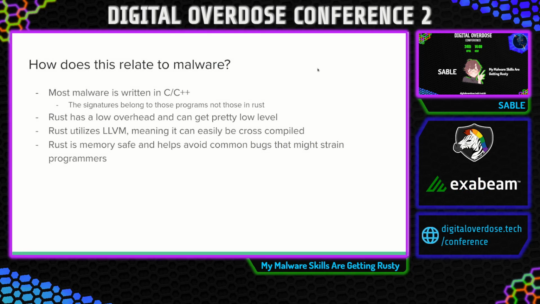How can this actually relate to malware? Well, that's a good question. Currently, most malware is being written in C or C++, very popular languages. C is what makes up the Linux kernel, and C++ is what makes up a large portion of other kernels in a lot of applications where people worry about binary size or embedded applications where they have limits on a lot of things. Rust has a low overhead because it's not a garbage collected language, but you're also not managing